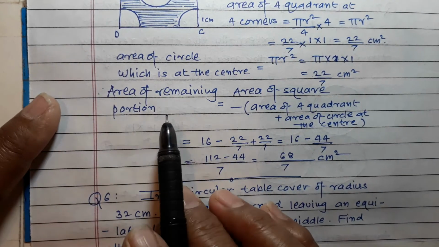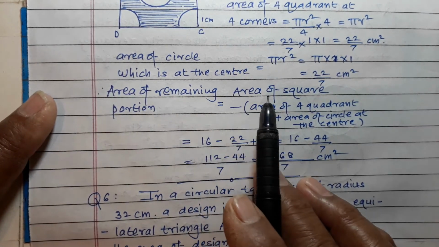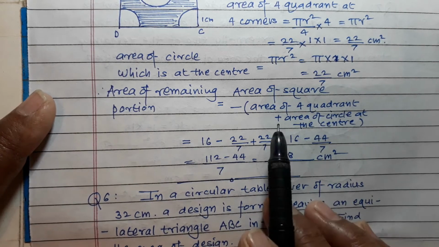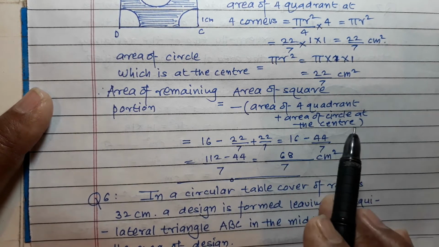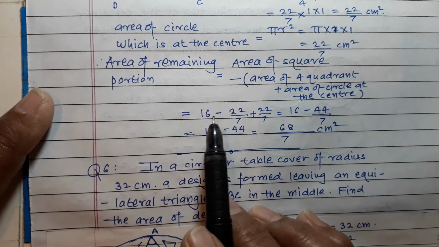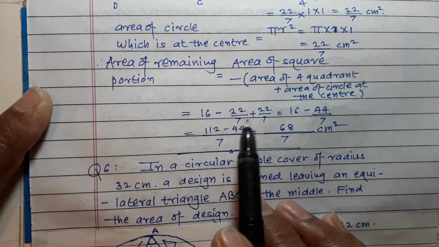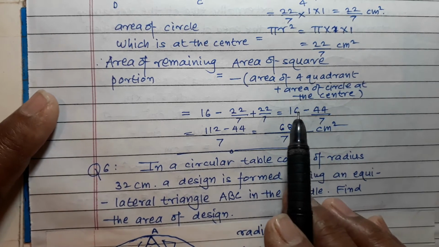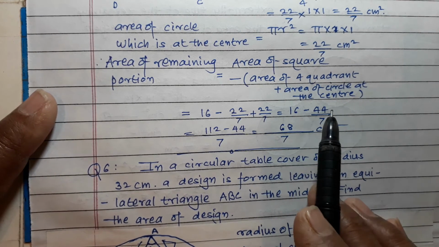Area of remaining portion is equal to area of square minus area of 4 quadrants plus area of circle at the center. So 16 minus 22 upon 7 plus 22 upon 7 is equal to 16 minus 44